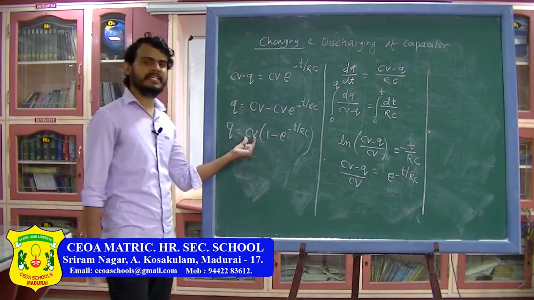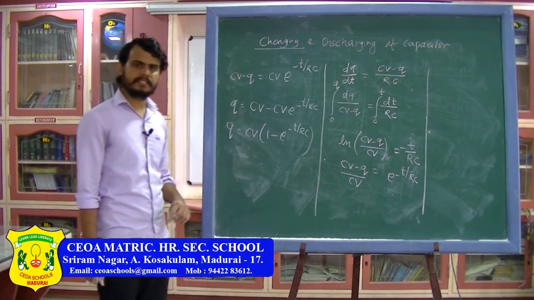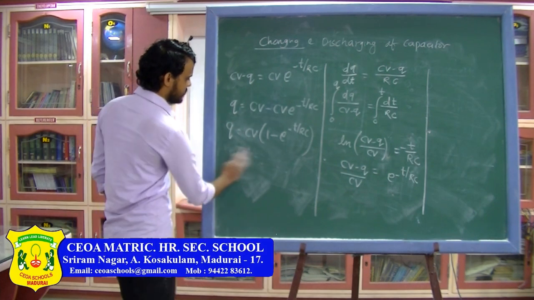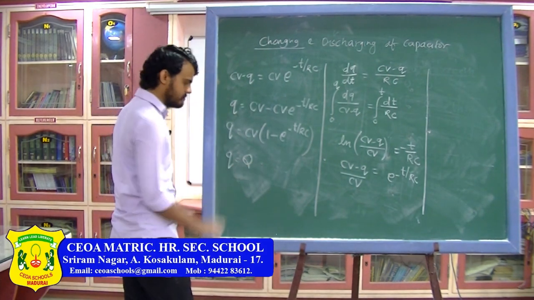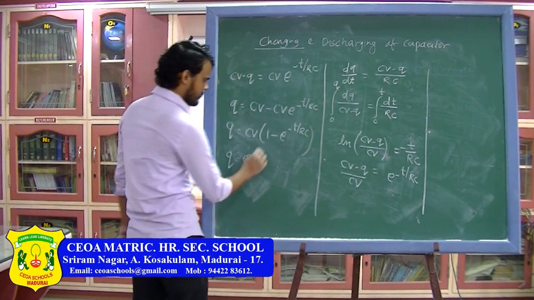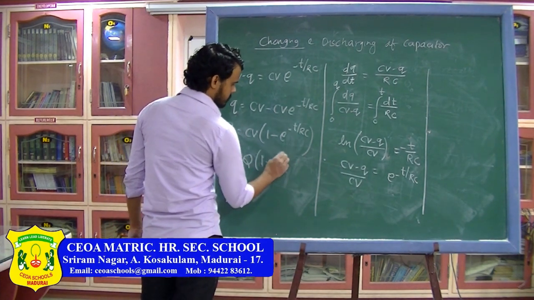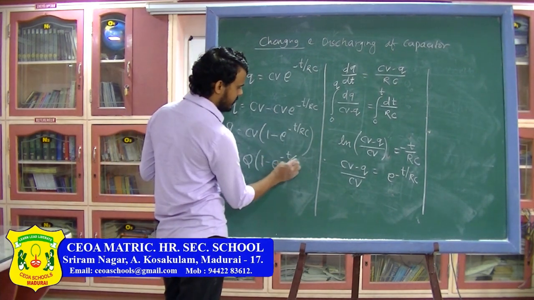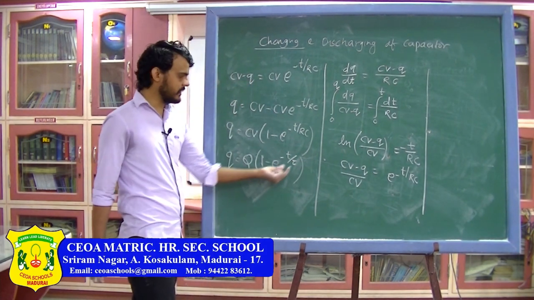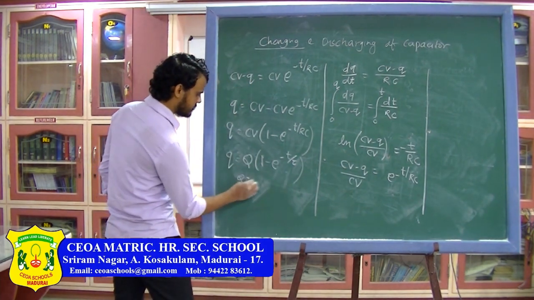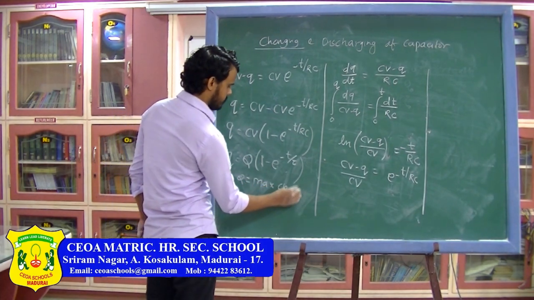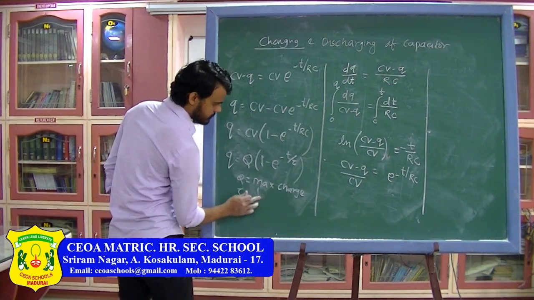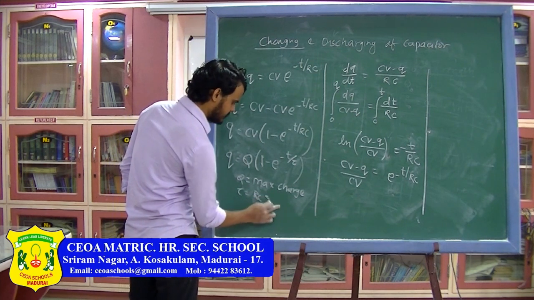Now in this formula, C into V, C is the capacitance and V is the voltage across the battery. So this can be written as the maximum charge on the capacitor. So I can write this as Q. So this capital Q is the maximum charge on the capacitor, which is equal to CV, into (1 minus e power minus t by tau), and this term R into C has the same dimension as time. So I am going to call this another constant, which will be called the time constant. So here Q is the maximum charge and tau is called the time constant, which is equal to RC.